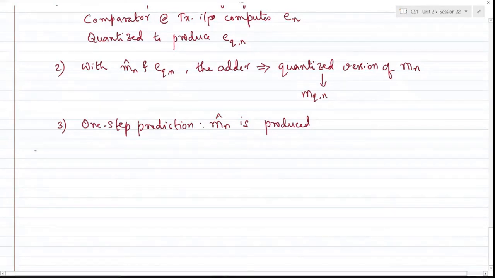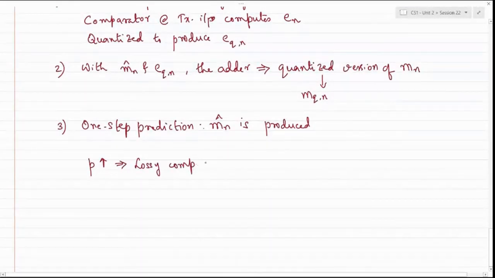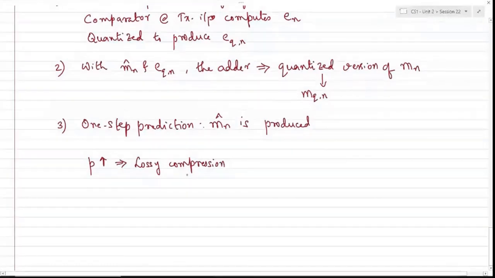If p increases, your message gets compressed, and we can say it's a kind of lossy compression. Okay, lossy compression doesn't mean that you will be losing the original information of the signal. Definitely you will be losing in terms of the samples produced, but all in all you will be retaining whatever is required for the transmission. Only prominent information of the original message signal is required to encode and transmit through the channel.